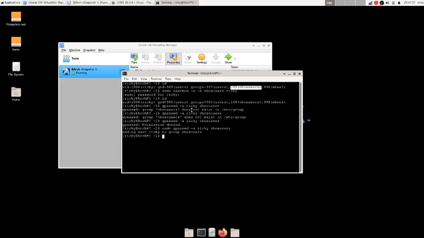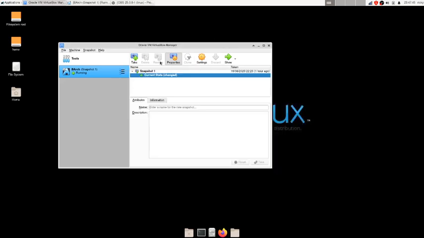It displays adding user Ricky to the group vboxusers, but we are already part of that group. So you have to add that and restart your host machine. Then it will apply the user permissions. Then you can open VirtualBox again, and you will see all the devices presented into the guest machine.